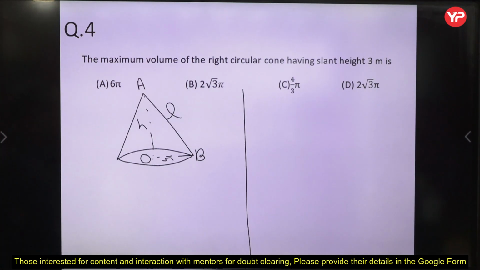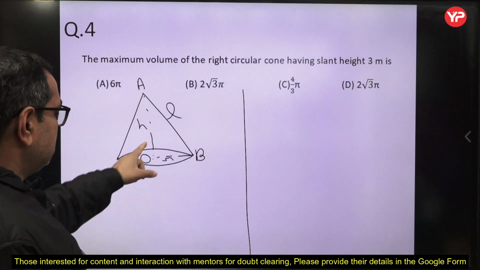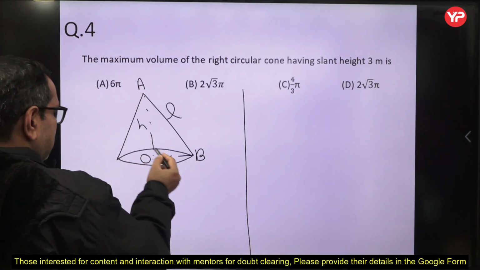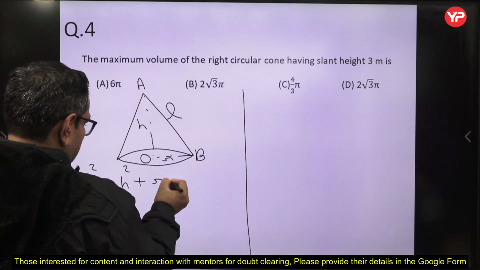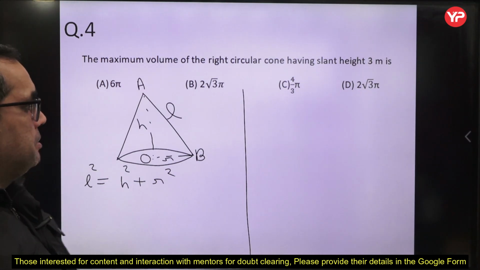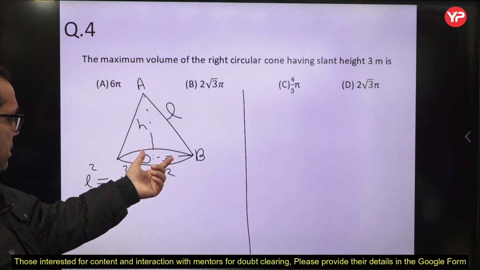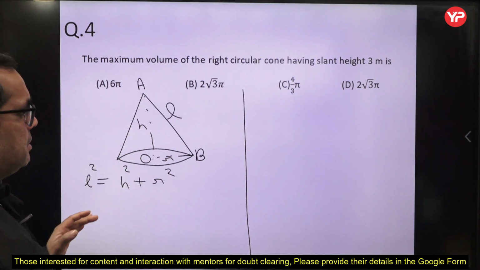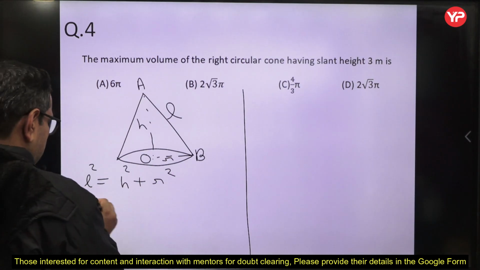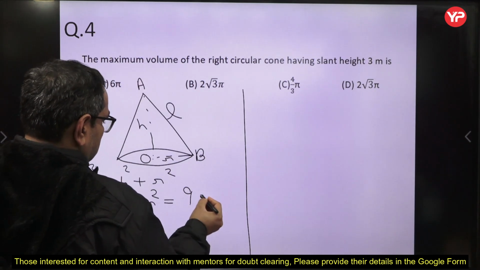In this cone, you all know the slant height is related to radius and height. We know there is a relationship between slant height and radius using the Pythagoras theorem, because we are getting 90 degrees here. So we know that L square is equal to H square plus R square. But the slant height is fixed, that is 3 meter. We are keeping the slant height fixed. So if we are changing the radius, it means we are changing the height also. We are adjusting height and radius accordingly, but the slant height we are keeping constant, right? So we can say that H square plus R square is equal to 9. This is equation number 1.